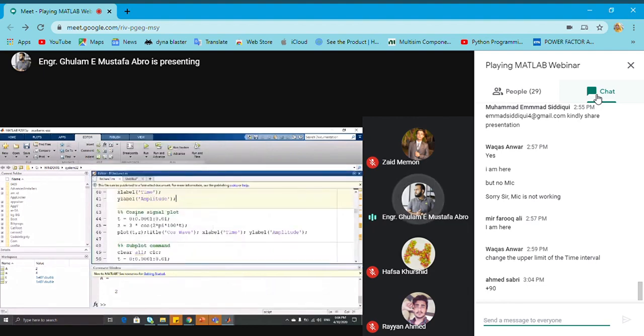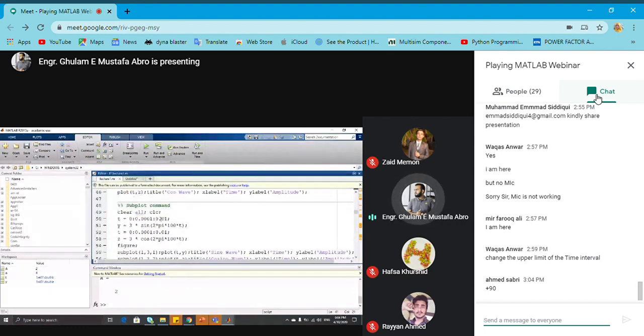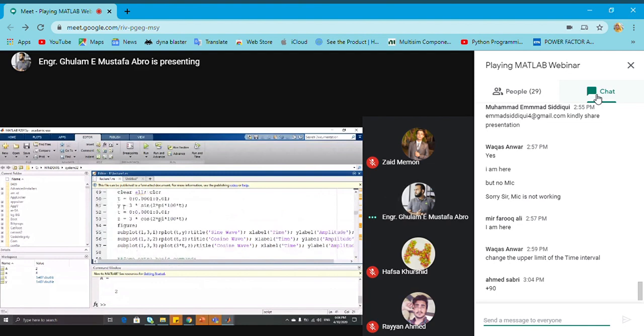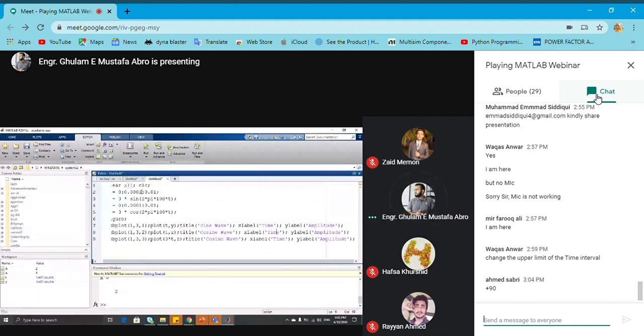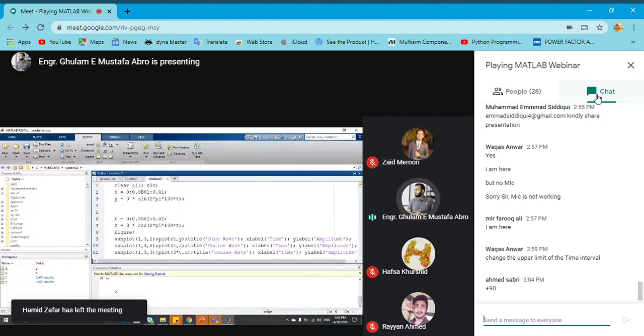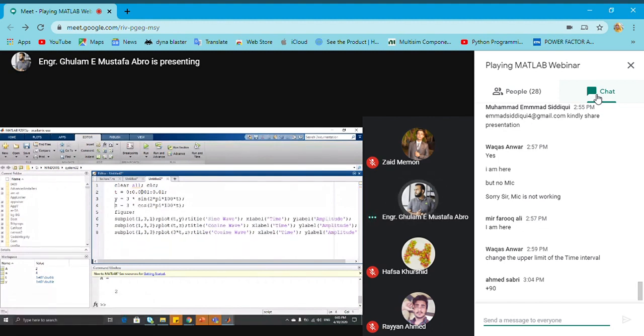Now moving further, if you want 2 signals to be plotted together so that you can understand the things, over here, if you see, you can see what we have done. We have mentioned the t, right? We have mentioned y. This is one signal. But you are mentioning the second thing, which is the same t, so no need to repeat it again. The t axis will remain the same. Now we are declaring 2 signals. One is y, which is sine, and